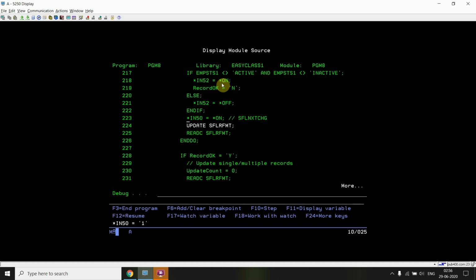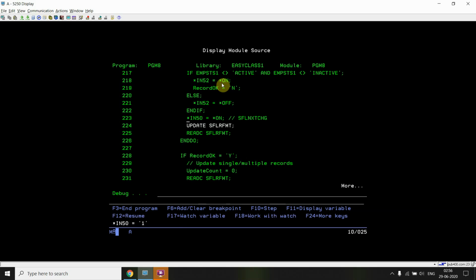So now I'm able to get those three records after that. It means that those three records are changed. At the first READC operation, I set the SFLNXTCHG indicator to on with those particular first, third and fifth records, and that SFLNXTCHG indicator is off with the second and fourth records. Now when I do READC again, I'll get those change records, because I have set the SFLNXTCHG indicator to on.